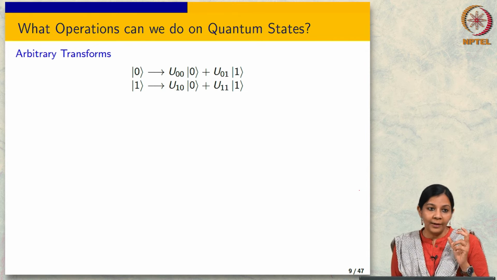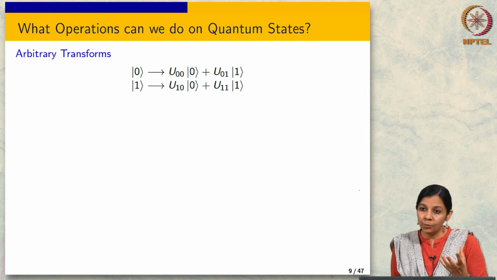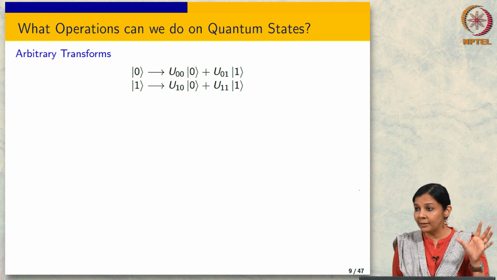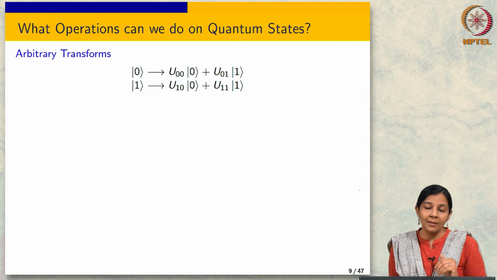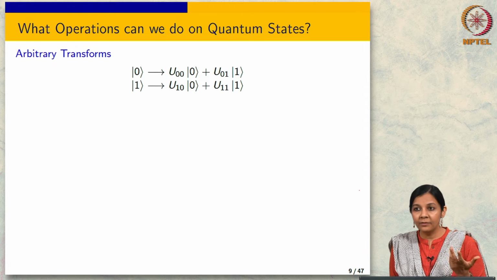So, now we will try to understand that for a given qubit. I am still not talking of multiple qubits, I am still just talking of a single qubit, but in the case of a single qubit, what can my arbitrary transform look like? For those of you who have not seen this before, do you have any thoughts on what this transform should satisfy? I mean, there must be some properties.